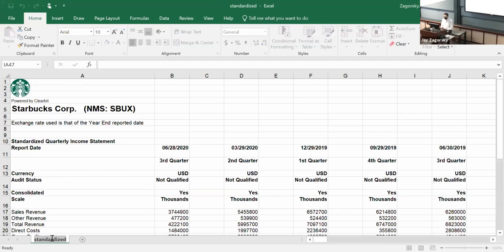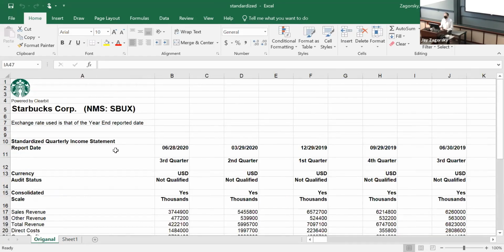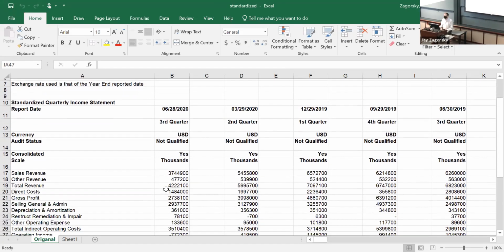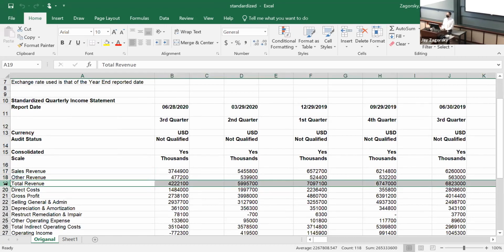And I'm going to call this something like original data, original. And now we'd like to open up a new spreadsheet, sheet 1. And why do I want to open up a new spreadsheet? Because we have some problems. First problem is sales revenue, and the revenue we're going to look at is the sales, other revenue, and total. We care about the total revenue line. Sales revenue is primarily coffee, but other revenue, well, Starbucks does other things besides just sell coffee. All right. So we're going to look at total revenue.